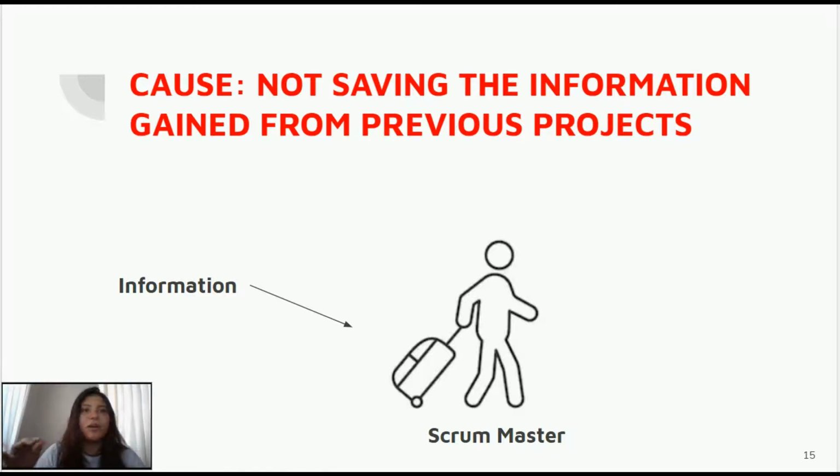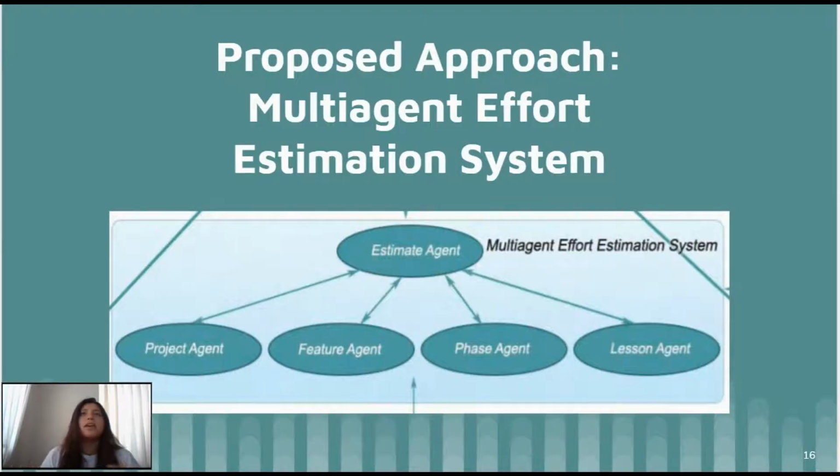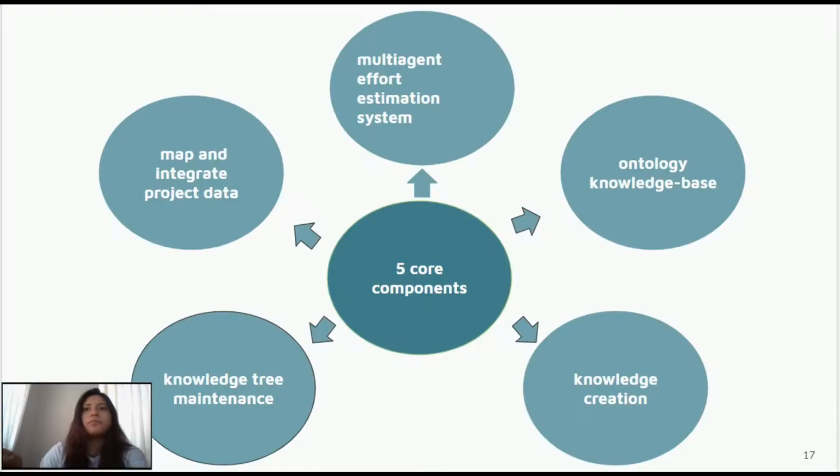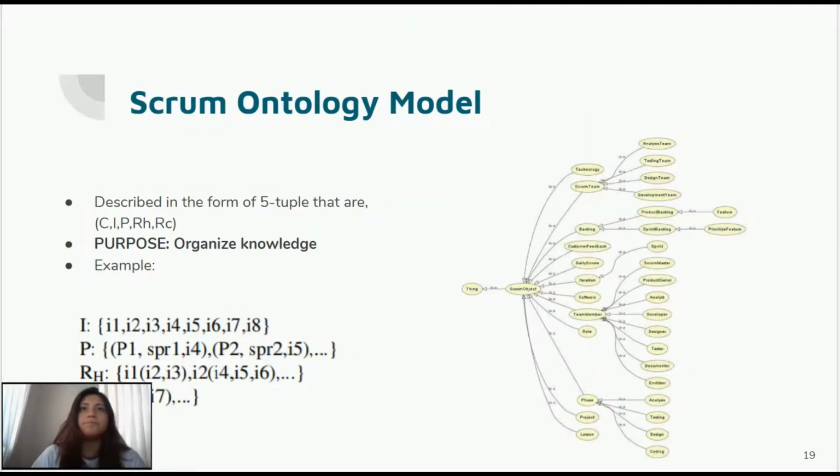And the approach that the paper gives is the multi-agent effort estimation system, which uses the management of the knowledge of previous projects through a system of multi-agents, so we can estimate the effort. And how does it do it? We have 5 core components, and the first we're going to see is the ontology knowledge base,